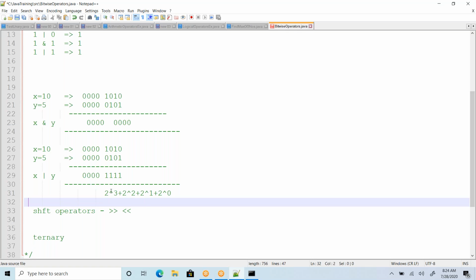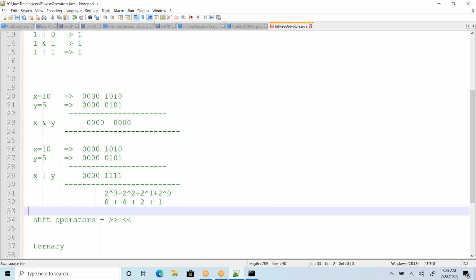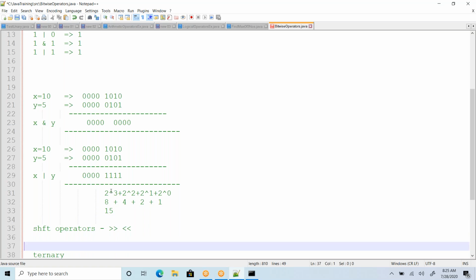What is the equivalent value of this? 2 cube is 8, plus 2 square is 4. 2^1 is just 2, and anything to the power 0 is 1. Now 8 plus 4 is 12, 12 plus 2 is 14, plus 1 is 15. The value is 15. So is that correct or not?